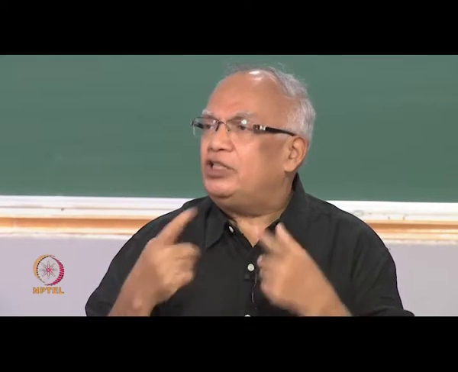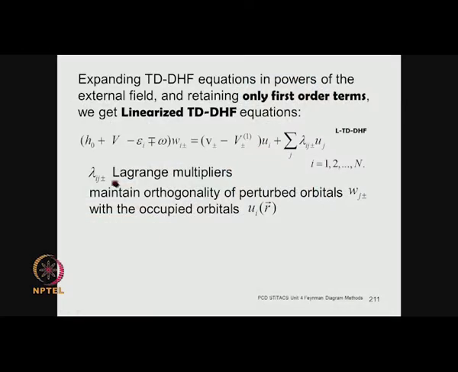So, you have an additional constraint, and because of that you have some more multipliers, variational multipliers, which are again Lagrange's method of variational multipliers. So, the technique is exactly the same. What you do is make use of these Lagrange's variational multipliers and carry out a self consistent field